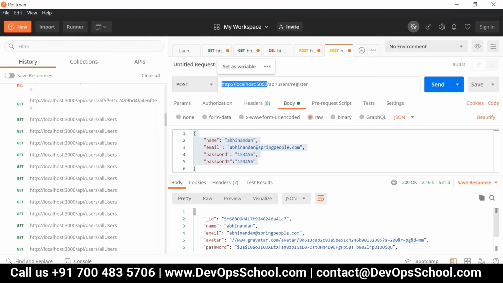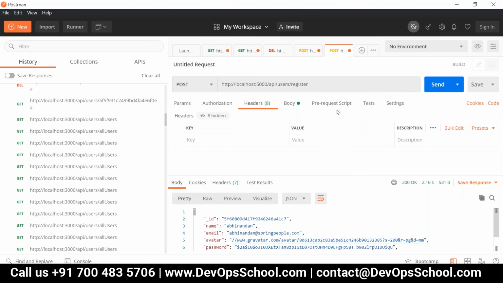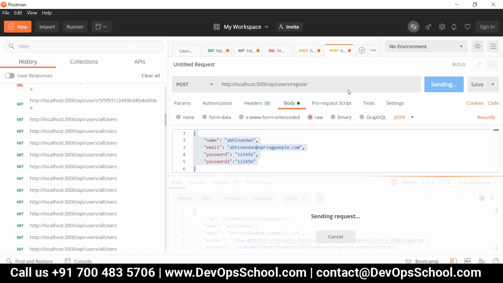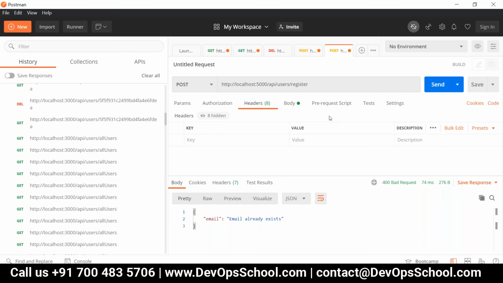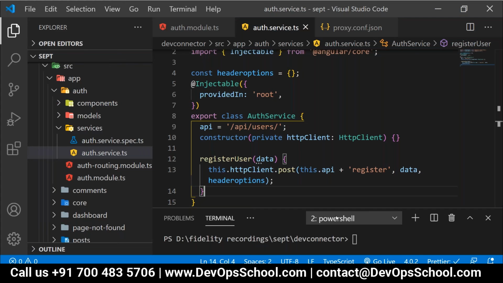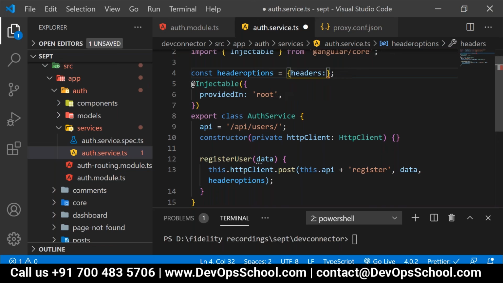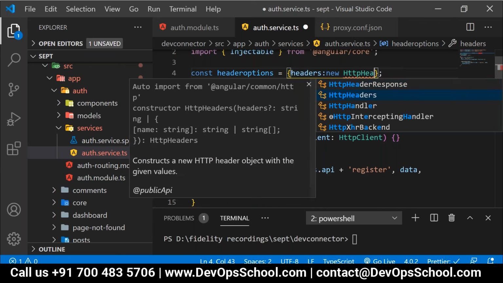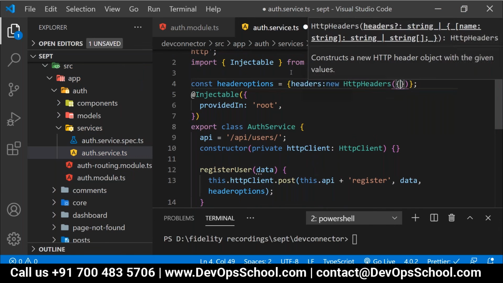Now people tell me, when you work with Postman, here you're going to set the JSON, right? That is nothing but internally, are we setting the content type as application/JSON or not? So from that perspective, here I'll specify headers colon new HttpHeaders, into the bracket.